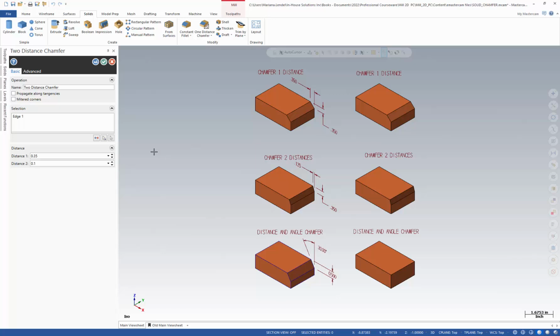Note that it is important to know which face you selected, as the first distance will be measured from the edge along the selected face. In our case, the first distance should be 0.35, which is already in the two distance chamfer panel, and then